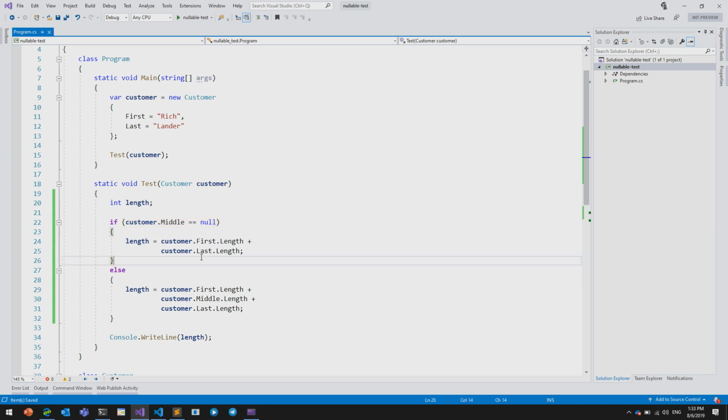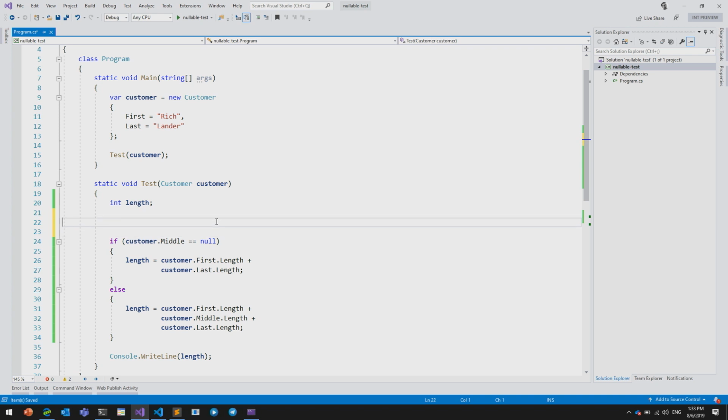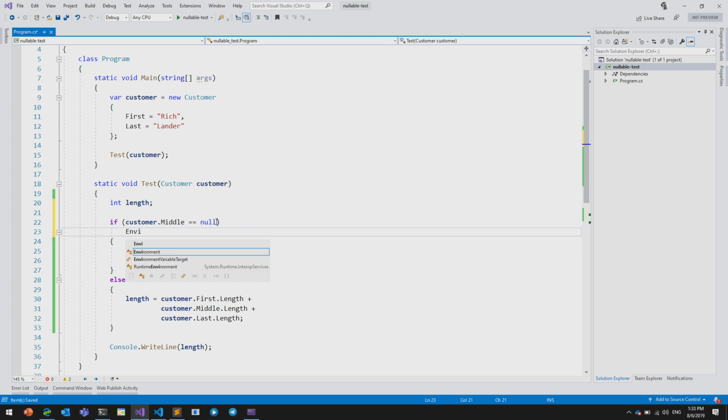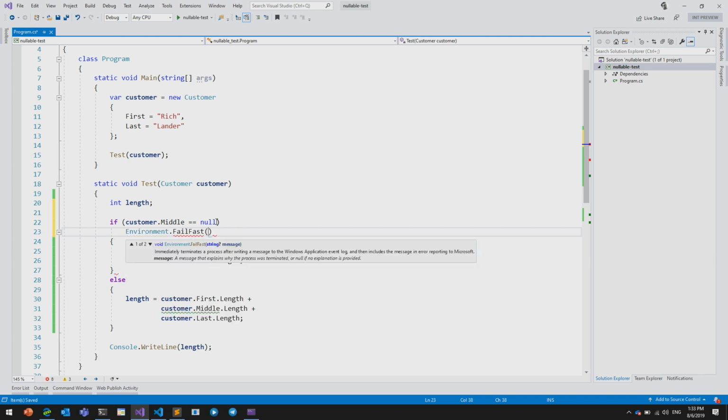It's simple in the sense that things like this we detect. Other things that we also detect, right? If you say, if this is null, you can say environment.failFast, for example. You can say whatever, right? And then